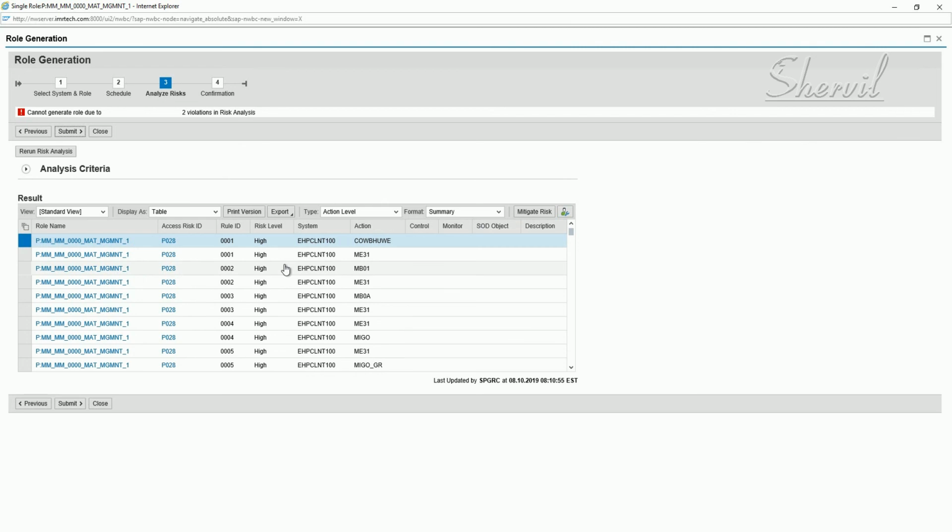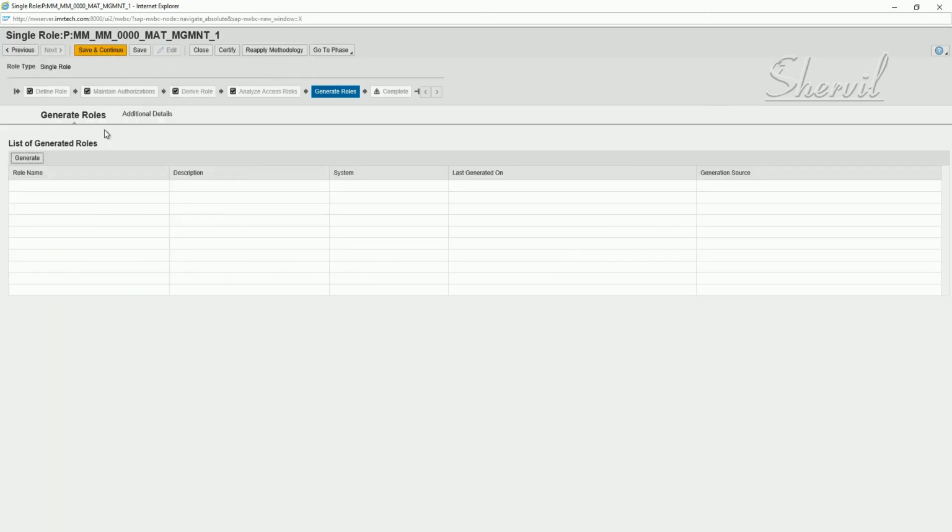Or you mitigate the control, okay? Mitigate the risk, basically. So unless you mitigate or remediate, you cannot generate the role. Every time you do this, you're going to get the same error message. And when you close it,